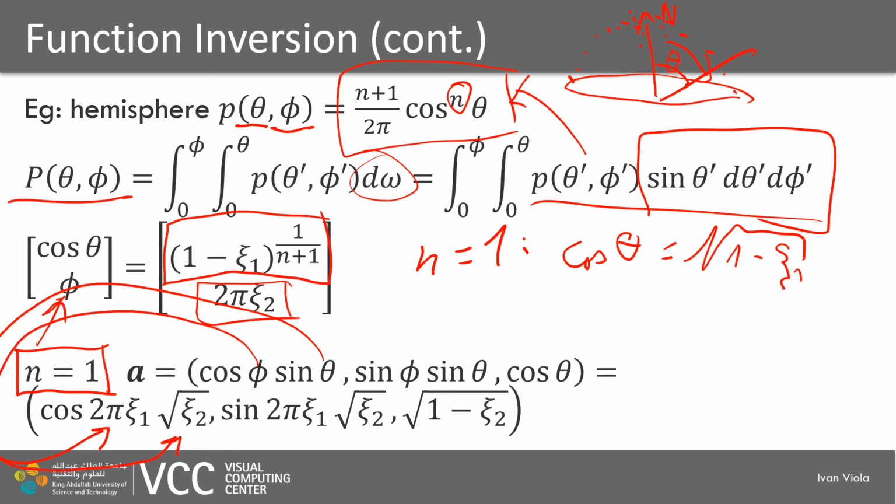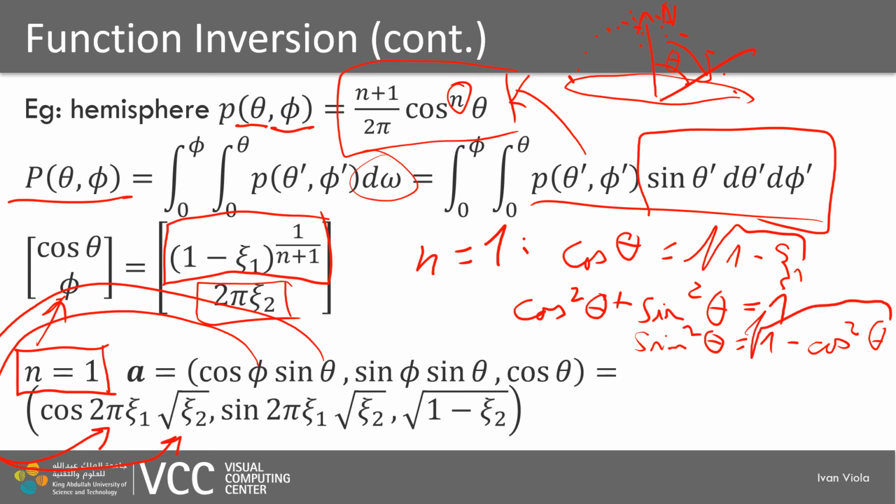And as we know, cosine squared theta plus sine squared theta is equal to 1. So the sine squared theta is equal to 1 minus cosine squared theta,